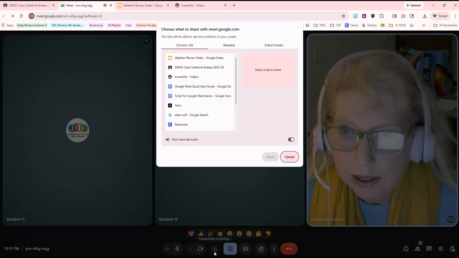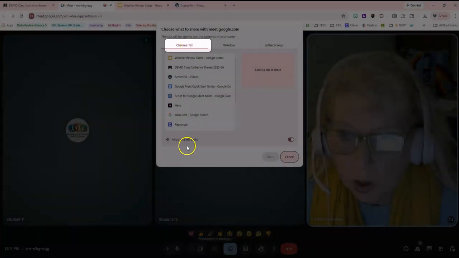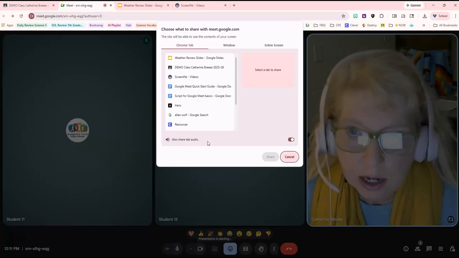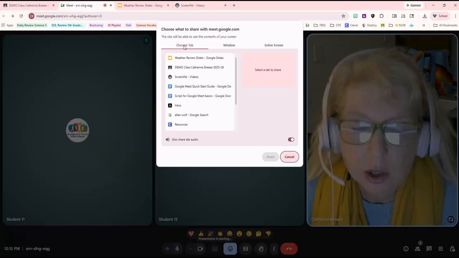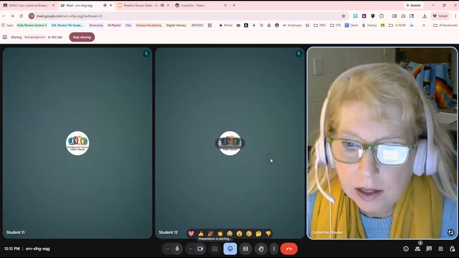So choose that Present button, and you have choices here. I'm going to encourage you to use the Chrome tab. It is the only one that you will be able to share audio with. So if there's any audio at all involved, you need to choose Chrome tab to share to your class. Pick your slides, click Share,